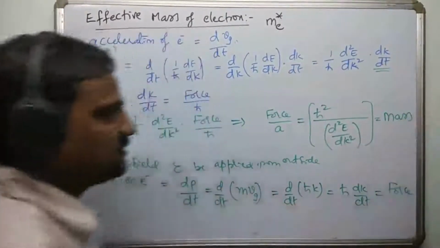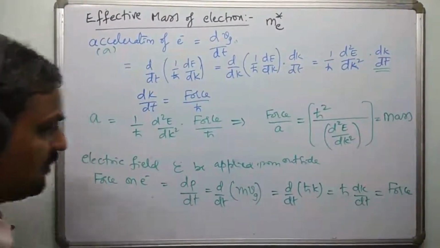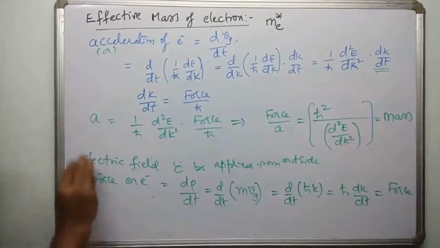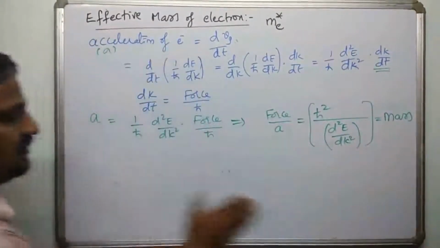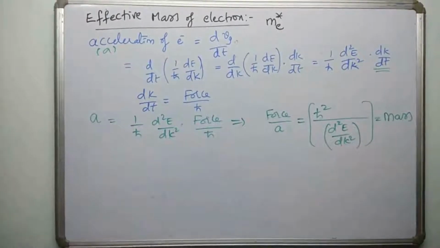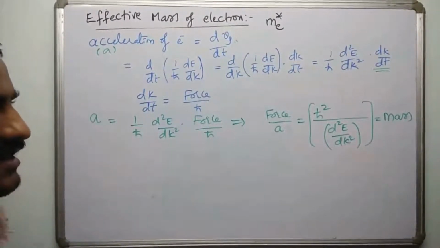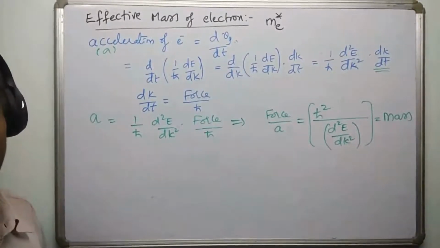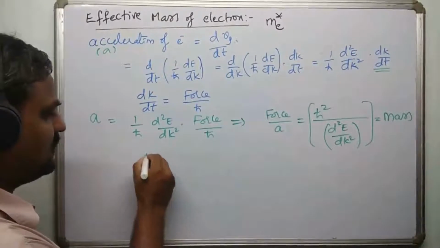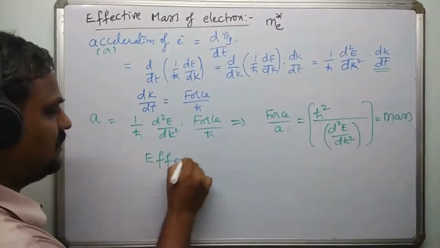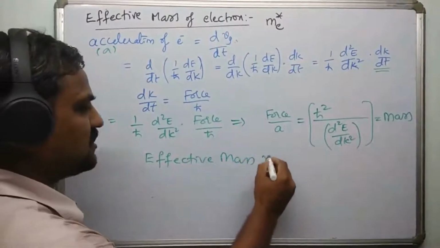Right? So we are going to call this mass, not just mass, but effective mass of the electron. There is a reason for calling it like this, because it's not the general inertial mass. It is a theoretical mass, right? So we are calling this particular one effective mass, and I can't denote this as m. That's why I'll use m star.